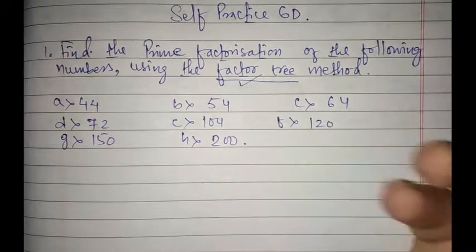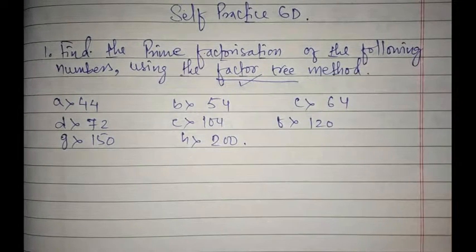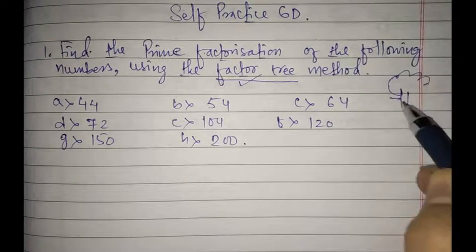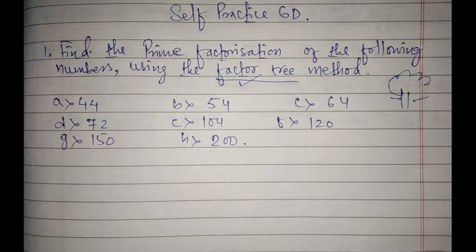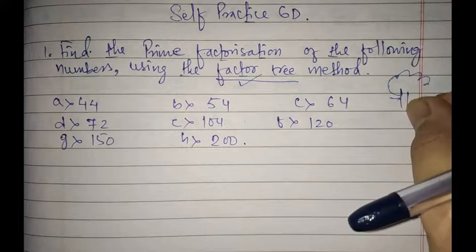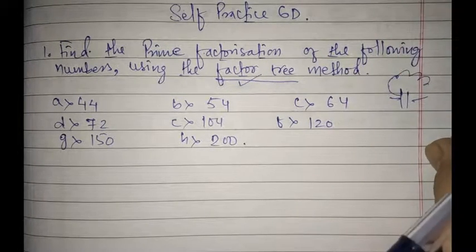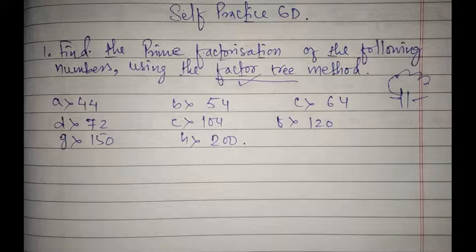The term factor is clear to you. Now, tree is also very familiar to you. From the lower classes you know what a tree is. Branches should be there, right? A tree is like this, where branches and plant parts are there. Here we are not going to make a tree exactly like this, but we are going to make branches of a factor. That's why it is called a factor tree.